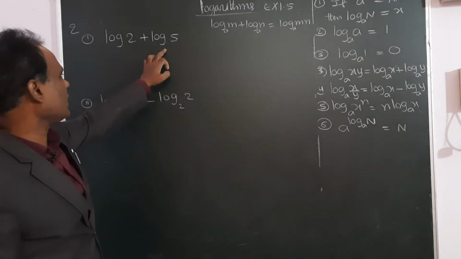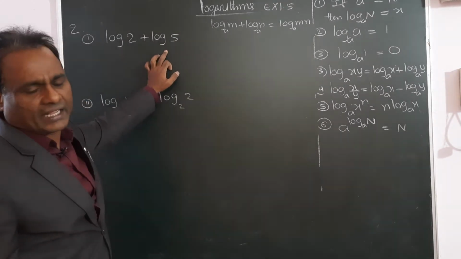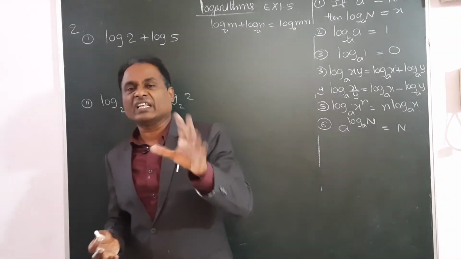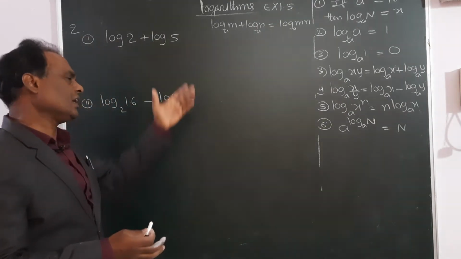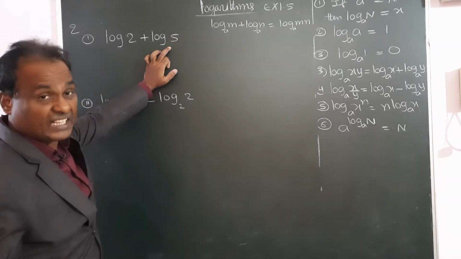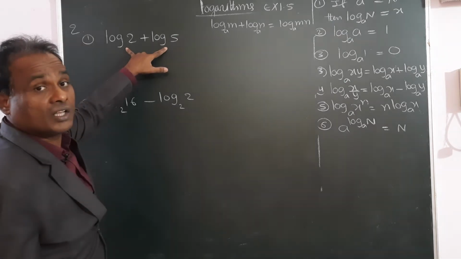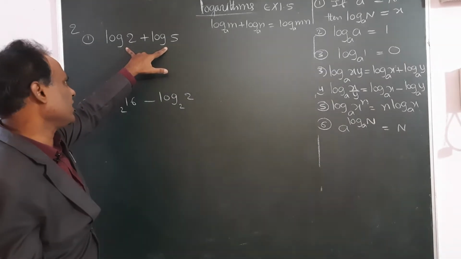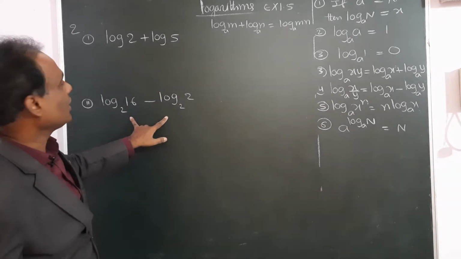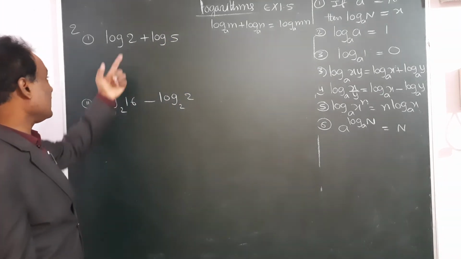Here the base is not mentioned, don't get confused. Sometimes we can write without mentioning the base also. Generally there is an extension of logarithms. Here it is not discussed, but in logarithms we have different bases, but there are 2 types of logarithms, that is base 10 logarithms and base e logarithms. So if the base is not mentioned, we can take it as 10, otherwise we can leave it, no problem. In the answer also don't write the base. If the base is mentioned, we use that, otherwise we leave it. But if it is not mentioned, generally the base will be 10.